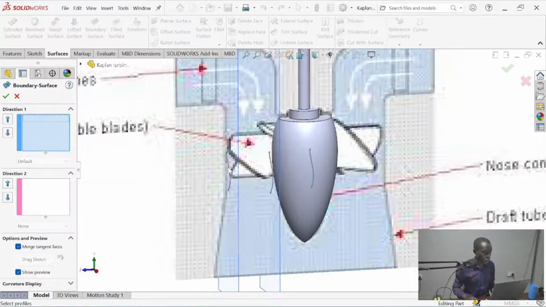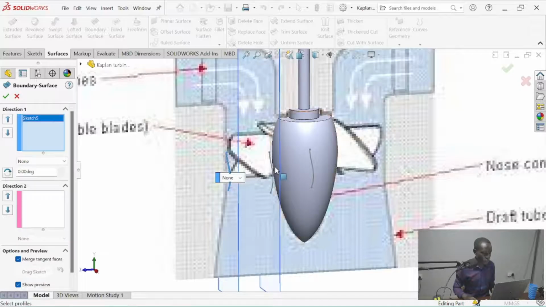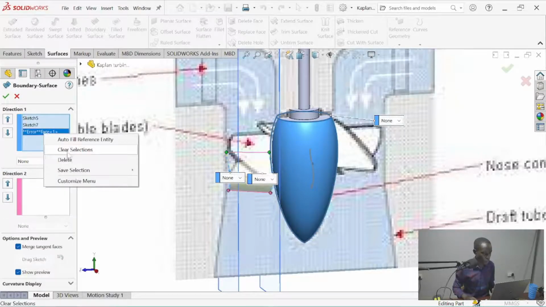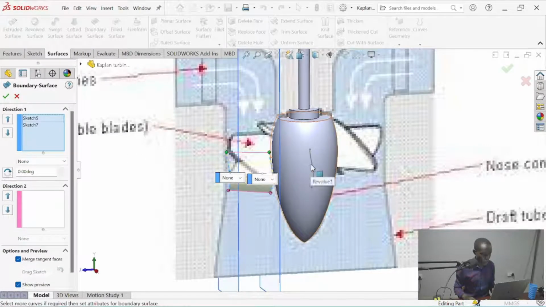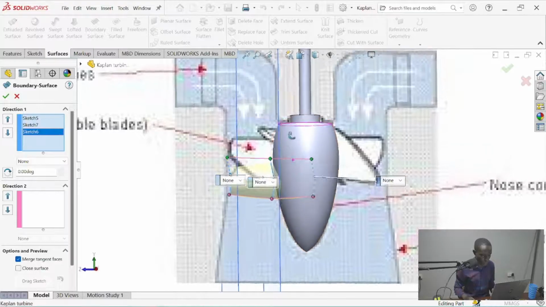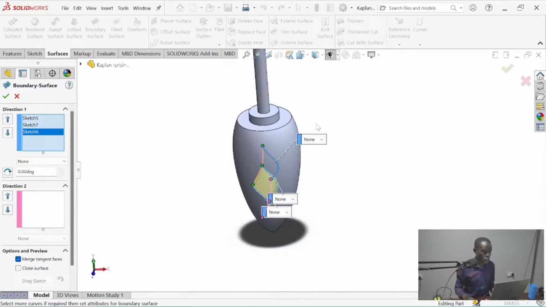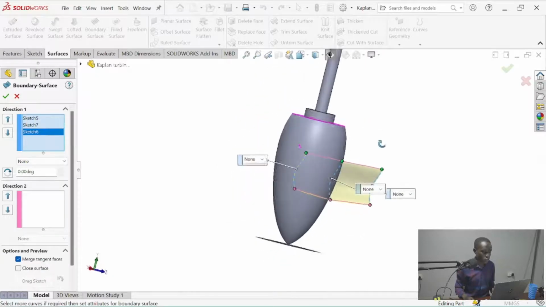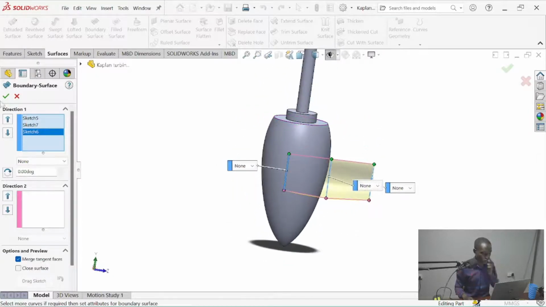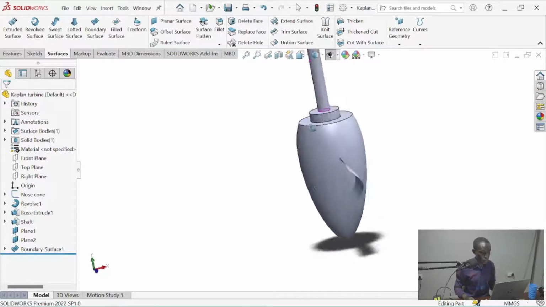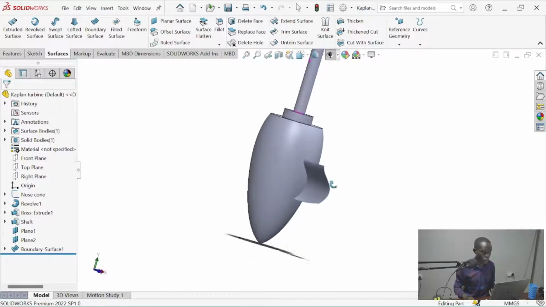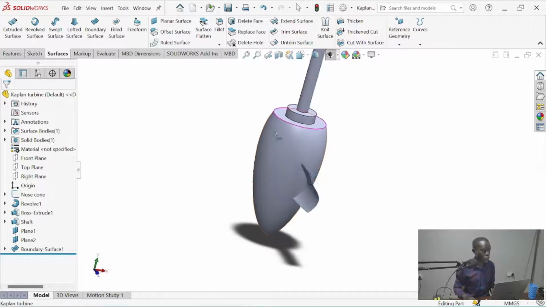Now it's this one and that one, taking us to the third. Not the face, but the sketch. Yes. And then we do a thicken.